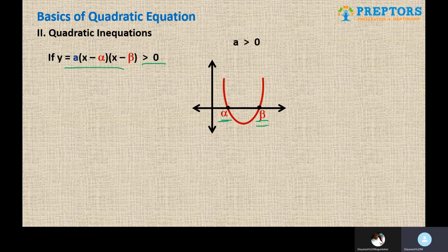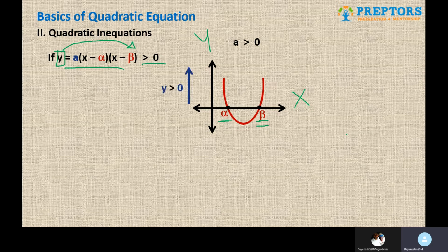Once you have all of this, once you have plotted the graph, it's just not up to scale or anything, that's all fine. You need to look at two things very critically. The first part is that this y is greater than 0. Suppose this is your standard y-axis, the vertical part, and the horizontal is your x-axis. So they are saying y is greater than 0. Greater than 0 is obviously positive, common sense. On which side of the graph is y positive, or y greater than 0? Obviously the answer to that is the upper side of the graph.